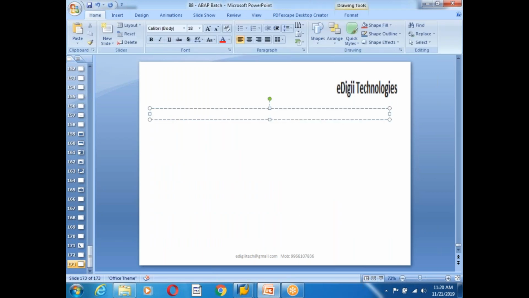Next one is the global class. The transaction code is SE24, and it provides global reusability, and most of the times